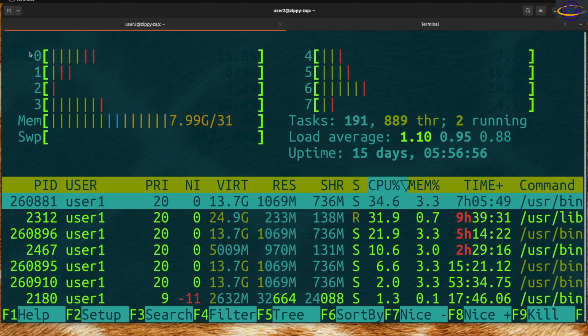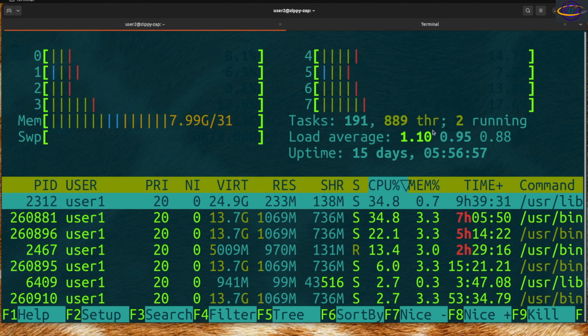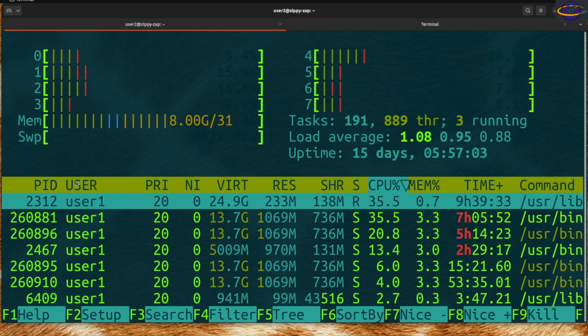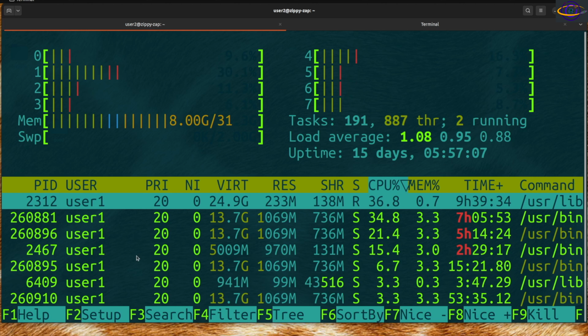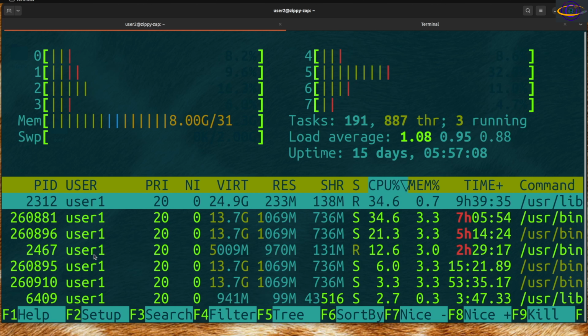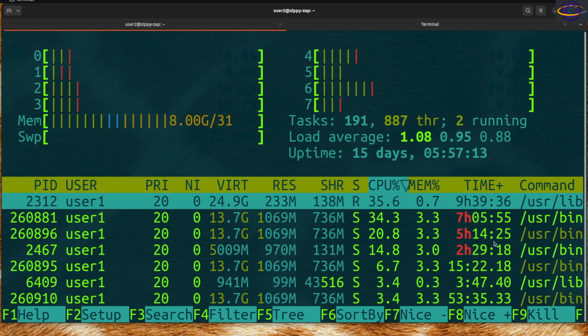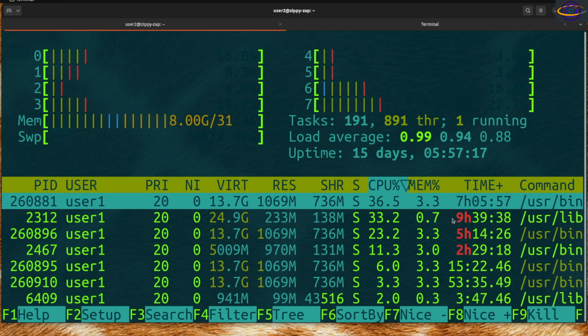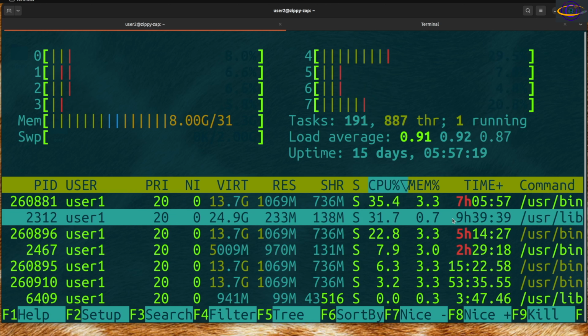So I have an 8-core system. This is how my cores are being used. It shows you a bunch of stuff like uptime, load average, that kind of stuff, memory, swap. And it shows you a similar thing. It gives you columns, and it shows you all the different processes running on the system. Now this would probably be a little bit better if we were zoomed out a little bit, but I think this is actually okay. We see everything on the screen right now. So a few commands to learn. Obviously Q to